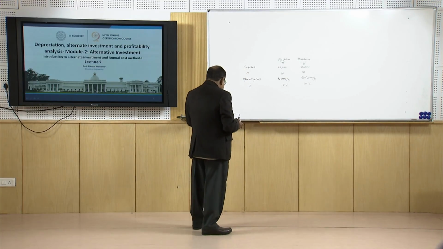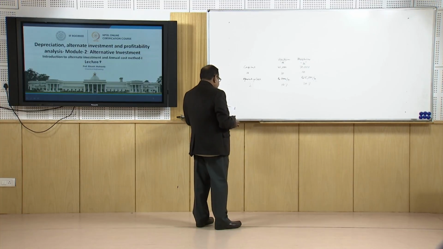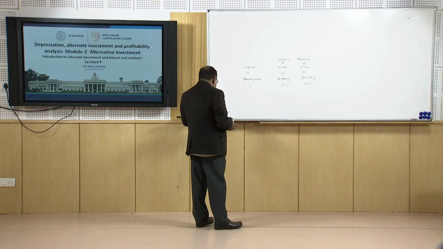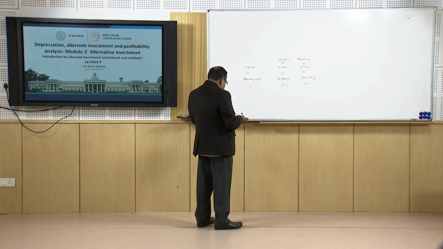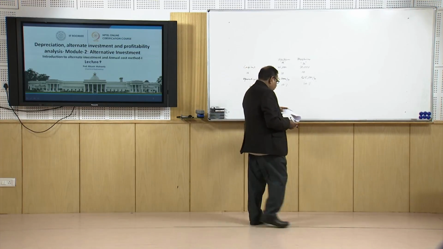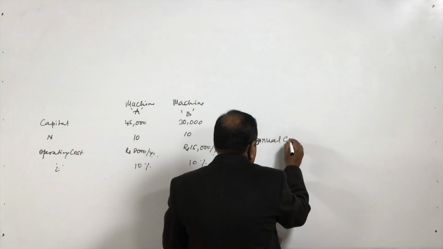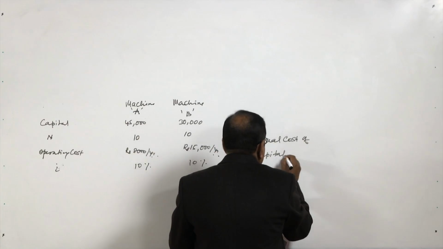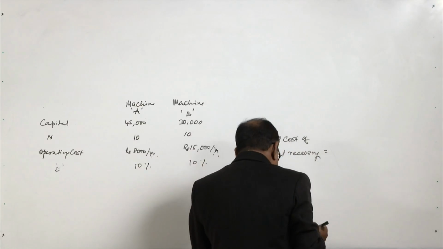Now, the annual cost of the capital recovery is the annuity, based on time value of money, that one has to pay throughout the useful life of the machine, which will be equal to the capital cost of the machine at the start of the first year, that I had already told you. So, annual cost of capital recovery is equal to